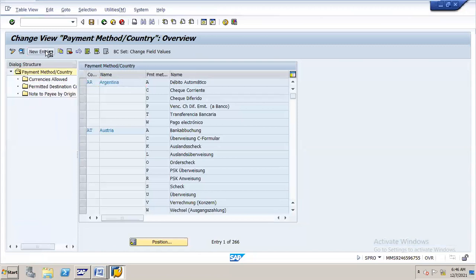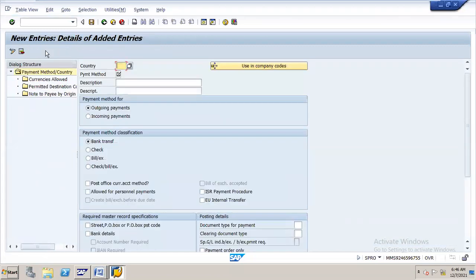Select new entries. So country INS and payment method. Only one character actually. You can use anything, alphabet or numerics or special characters. But in my system, I almost used numerics 0 to 9.